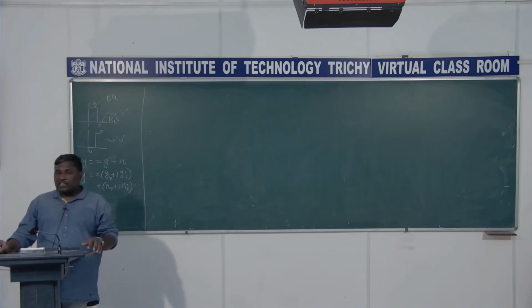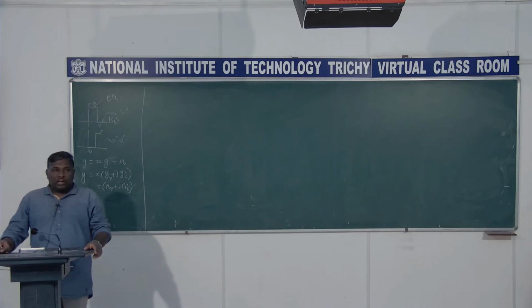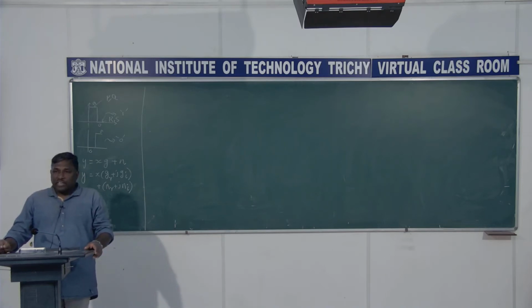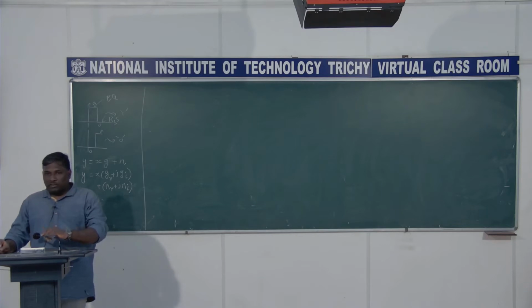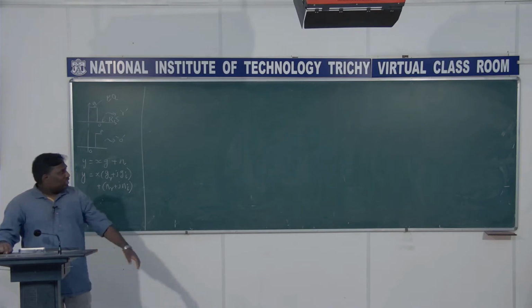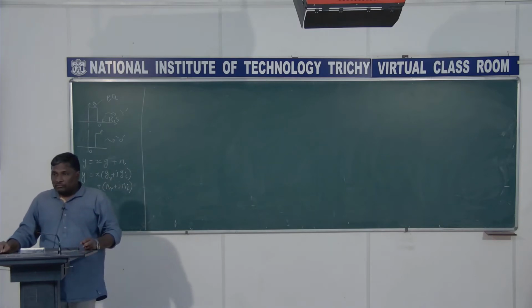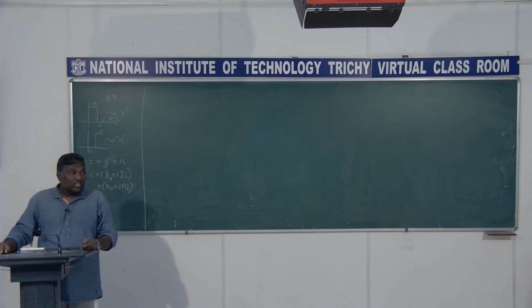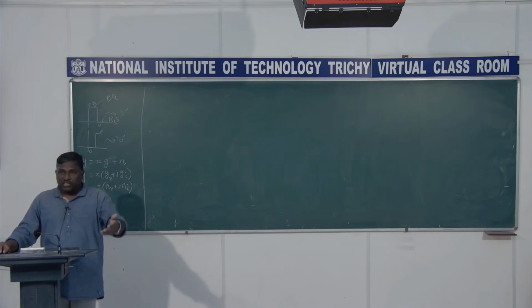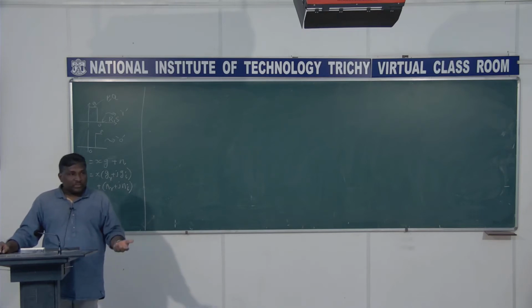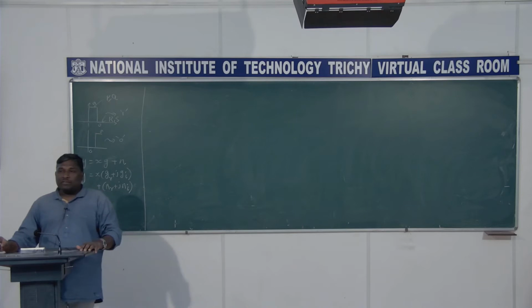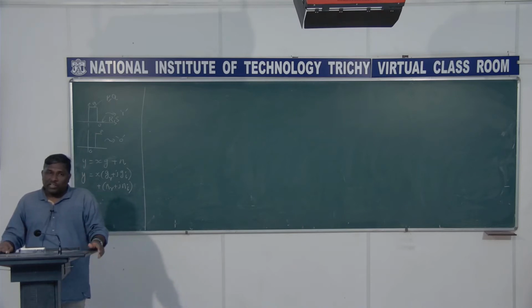So we have the decision rule there, and we derived the expression for what? The probability of error. The probability of error occurs when p squared plus q squared is greater than r squared plus s squared when 0 is transmitted. It is a conditional probability, basically a conditional error. When 0 is transmitted, what is the error? In fact, when 1 is transmitted, the same error comes, and we can find out this probability of error.